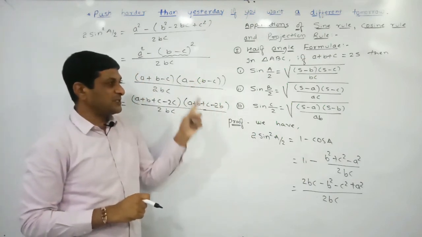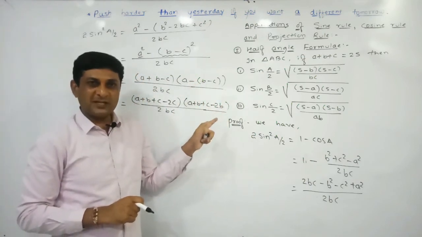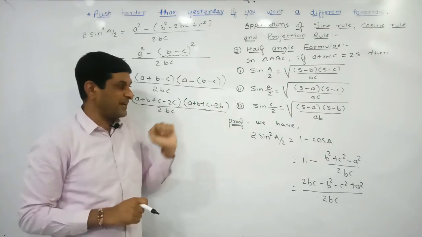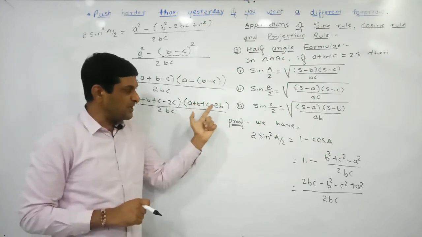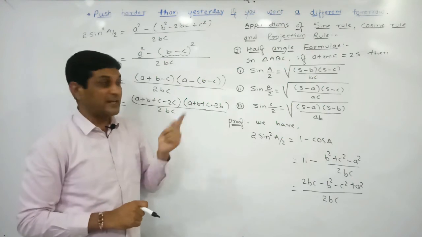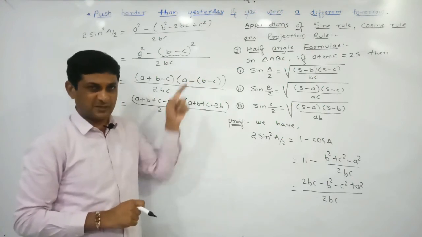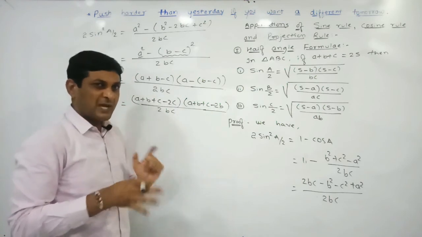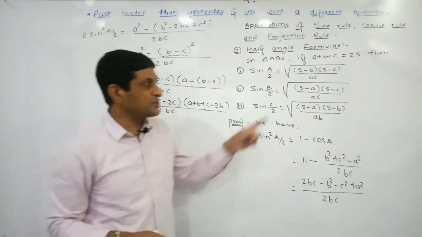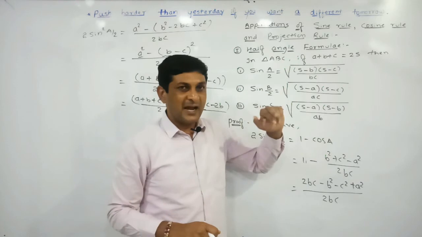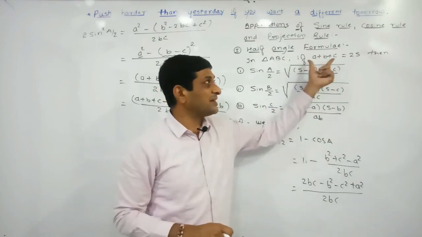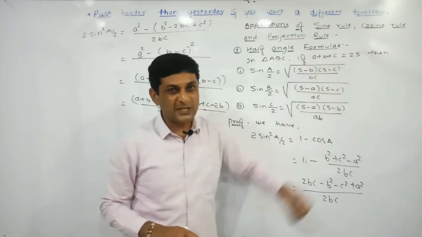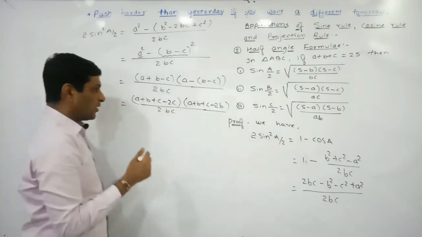Already 1 minus b is there. Again, if we are subtracting b, we will get minus b will become minus 2b. Again, if you observe here, b minus 2b will be equal to minus b, and this minus b can be written as b minus 2b. We are just arranging this term because in our required result s is there, and to get s we will require the expression a plus b plus c, which can be replaced by 2s.